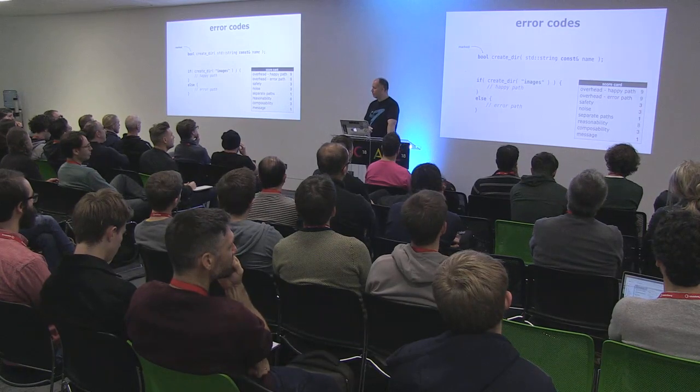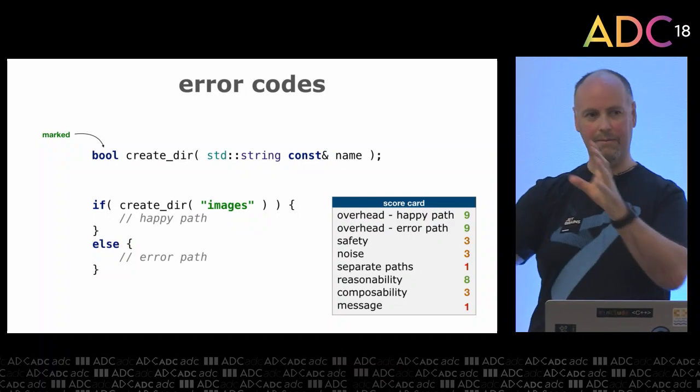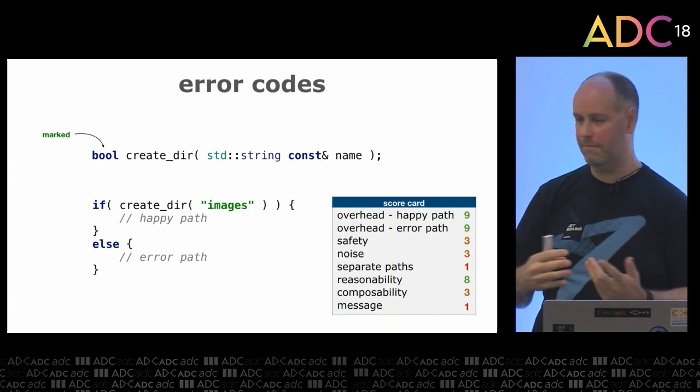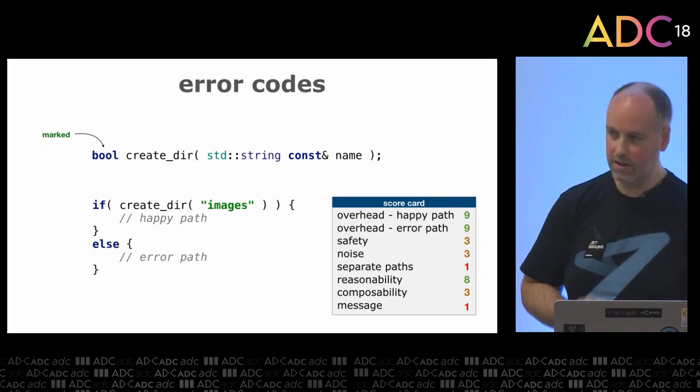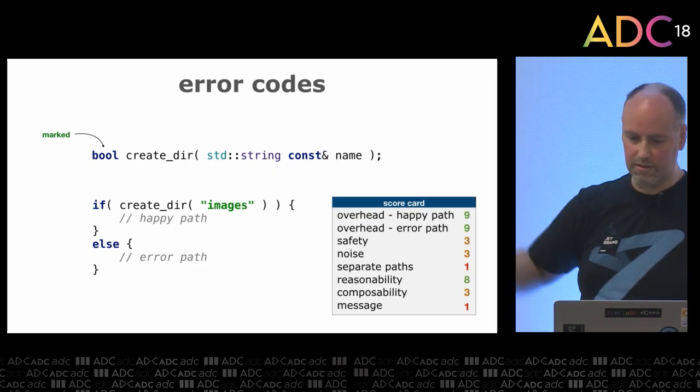Safety, though, is pretty poor because it's very easy to just completely miss the return value and assume that whatever operation it was has succeeded, which in some cases could be pretty catastrophic. So it can be very easy to misuse, so unsafe. It's pretty noisy as well. It doesn't show up quite so much here, but obviously the happy path is now on the inside of that if statement. So if you want to start chaining things along, you're going to get deeper and deeper nesting. It's very, very mixed up. There are ways to invert that a bit, but you're limited, so quite noisy. No separation of the happy path and error path once you get into nesting.